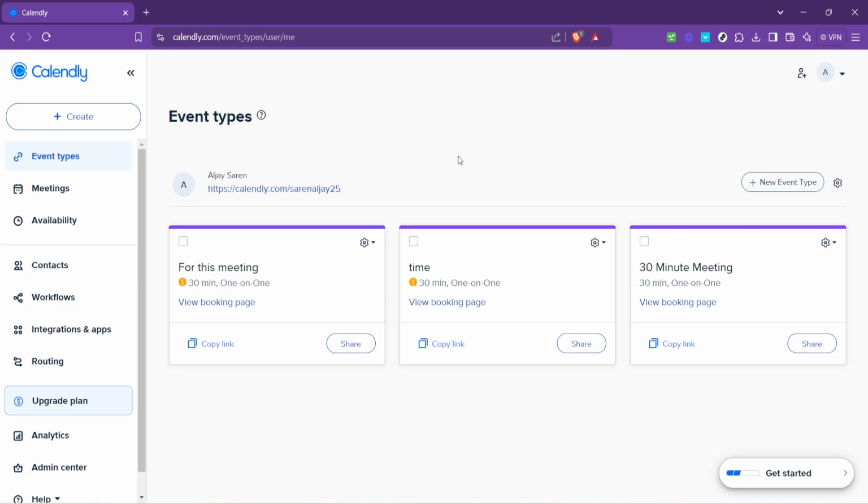Remember, Calendly is a powerful tool designed to simplify your appointment scheduling. With today's guide, you're well equipped to make the most out of this platform, enhancing your productivity and communication with ease. Thank you for joining this tutorial. Looking forward to seeing you apply these steps and enjoy the benefits of organized scheduling with Calendly.